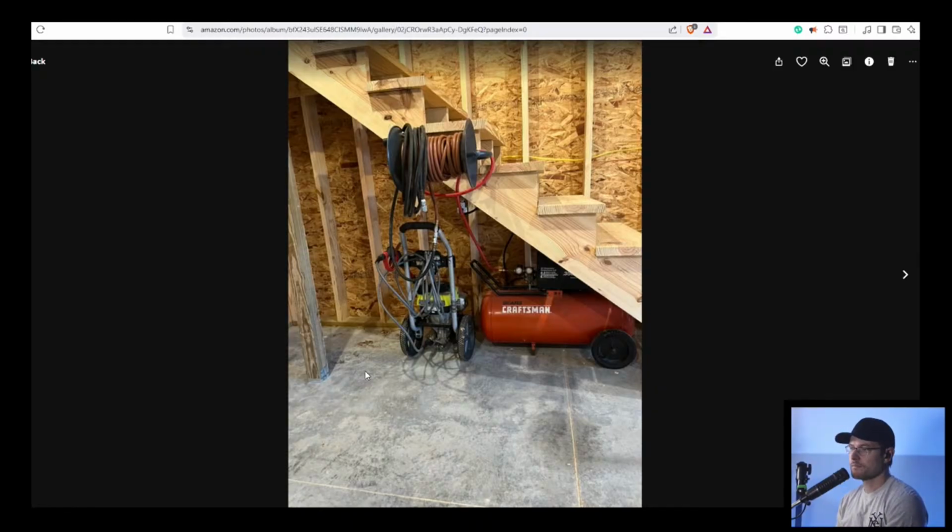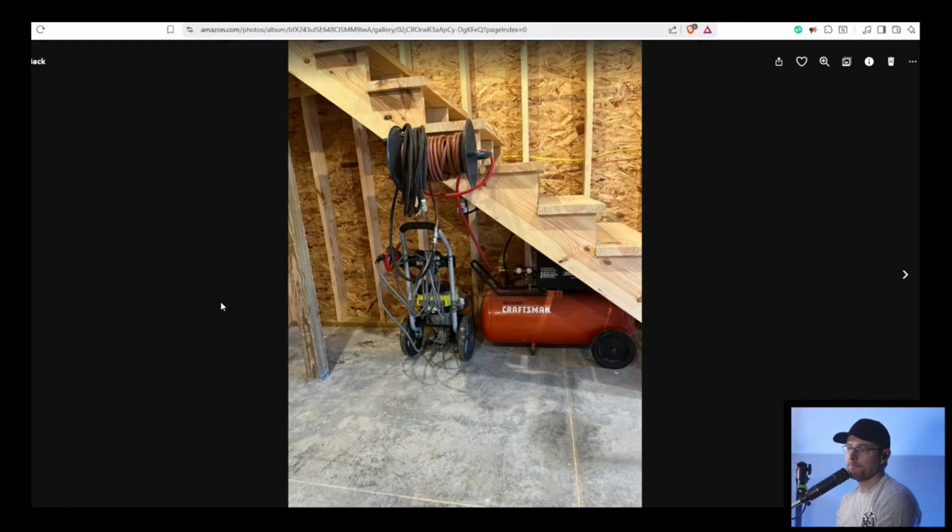Keeps that orange, what's it called? The hose is pretty stiff. And it's an older hose. It's one that my father had 10 years ago at his place. So I put it on a reel just to keep it tidy off the ground. And then that black hose is a very flexible rubber hose for air compressors, and that's the one that I normally use around the truck. So pretty simple stuff there.